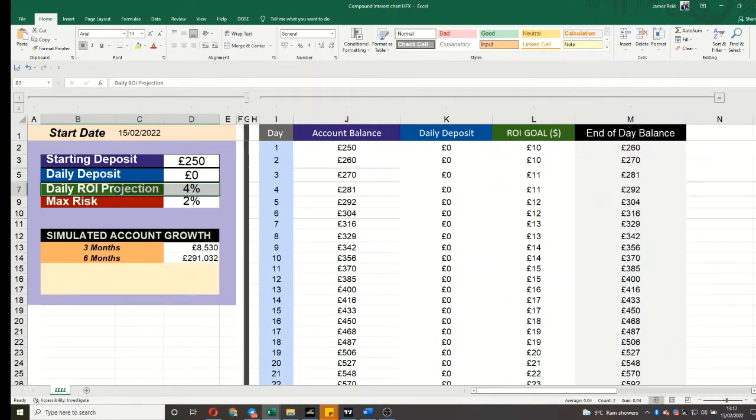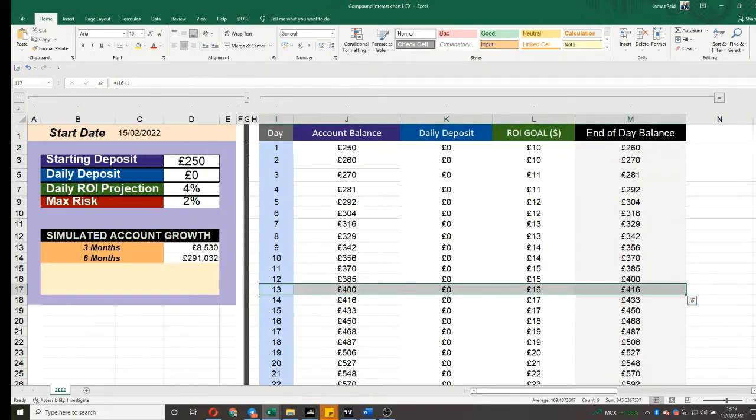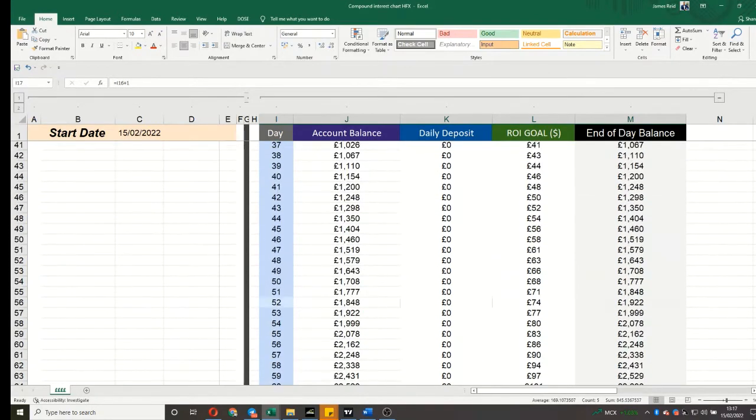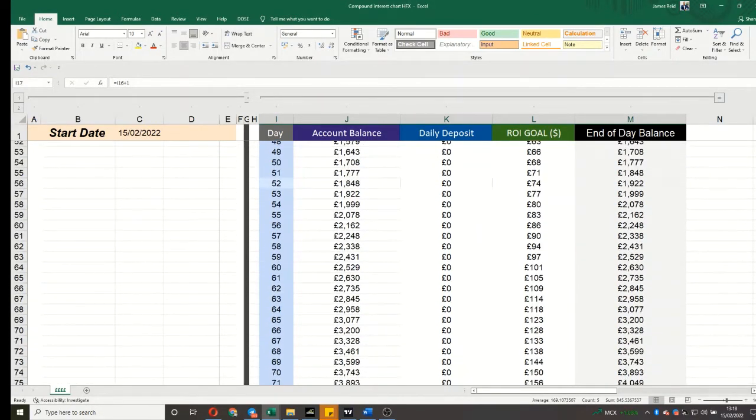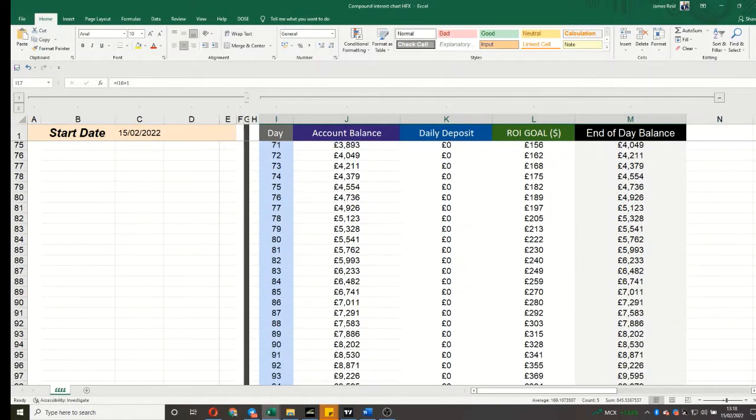What that looks like is by day number 1, 4% of that is £260, and then by day number 13 that will be your account balance. Obviously you can pick whichever column you want to set your targets, but let's do a 3-month basis, 90 days. By growing your account by 4% every single day, by the end of day number 90 your account balance will be